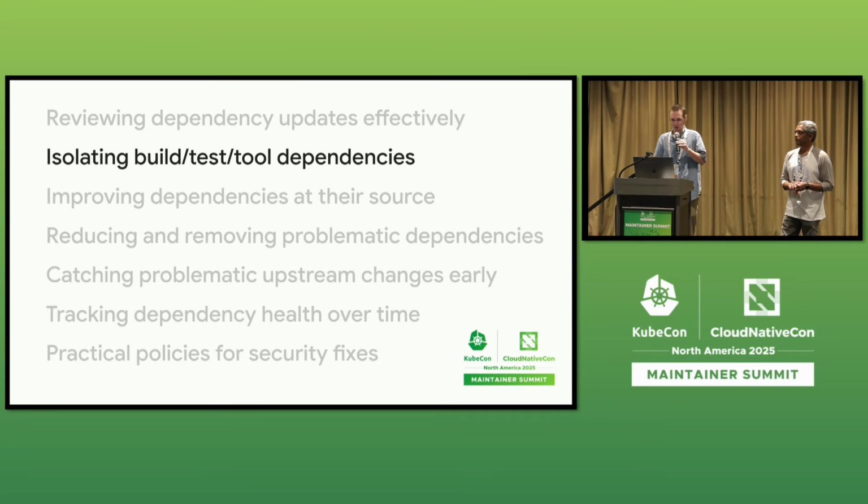I wanted to talk really quickly about three areas of your project. So packages that are just used as library packages that other things depend on, that's pretty normal. If those things make use of dependencies, those are going to get passed on. That's fine. But if you build binaries, if you have commands that build binaries out of your project, anything those binaries depend on will also get passed on to anyone that depends on that module.